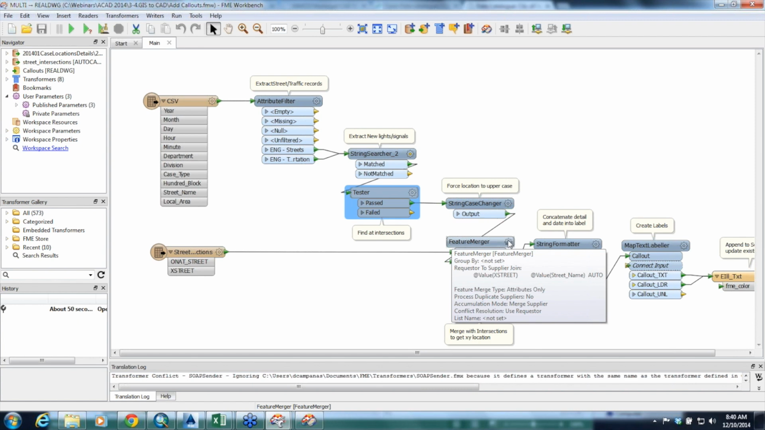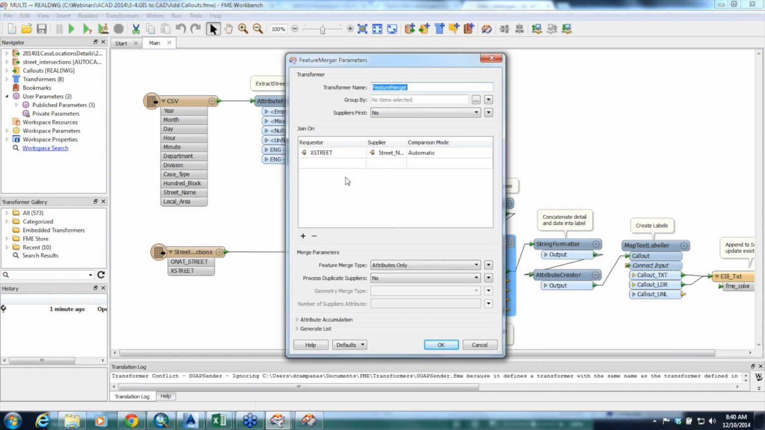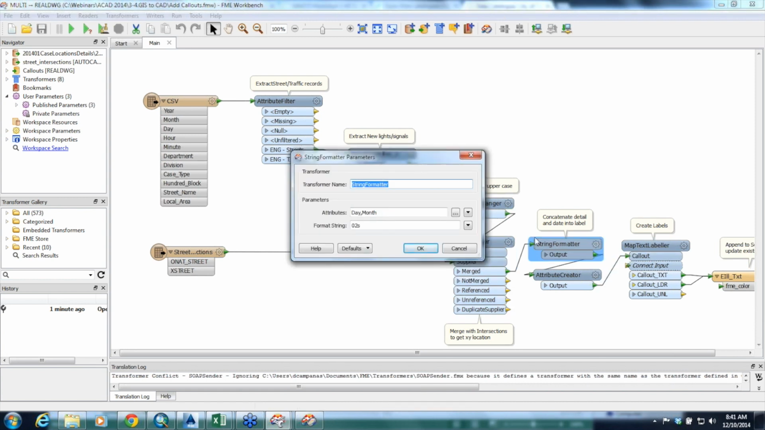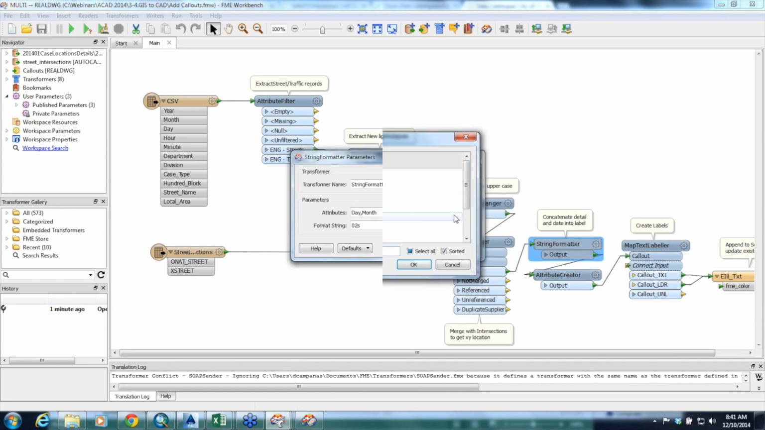So we're going to use the feature merger here, and we're just going to take the cross street, which is the intersection, and the street name, which in this file is the intersection as well, because we've filtered for that. We're going to join those together. So what you'll have done is pulled that non-spatial CSV information onto an actual location. Exactly. And now we're going to take that information from the CSV file, and we're going to create,